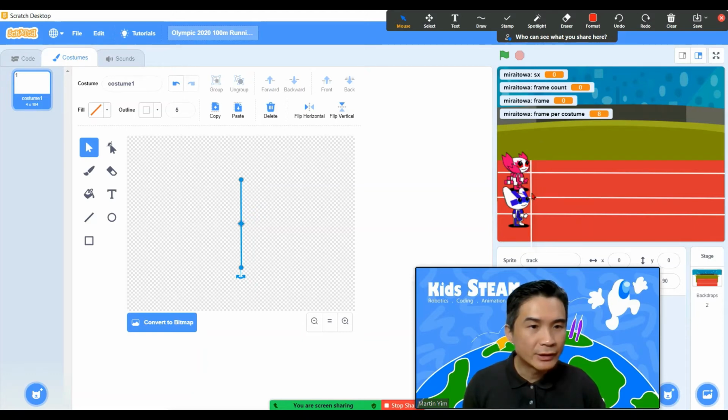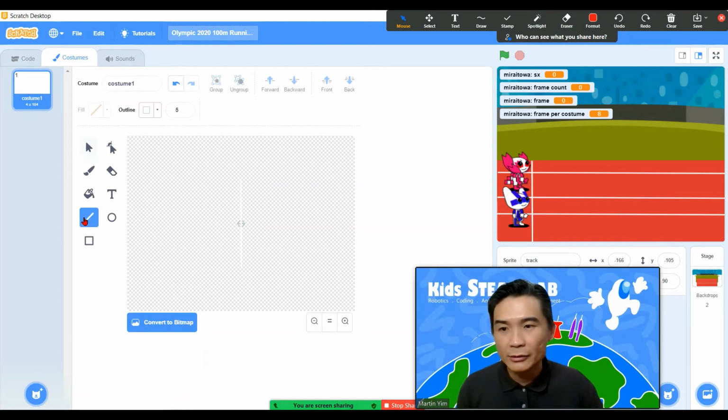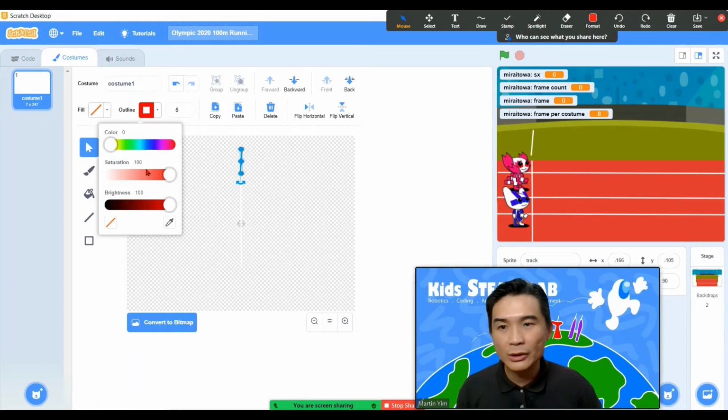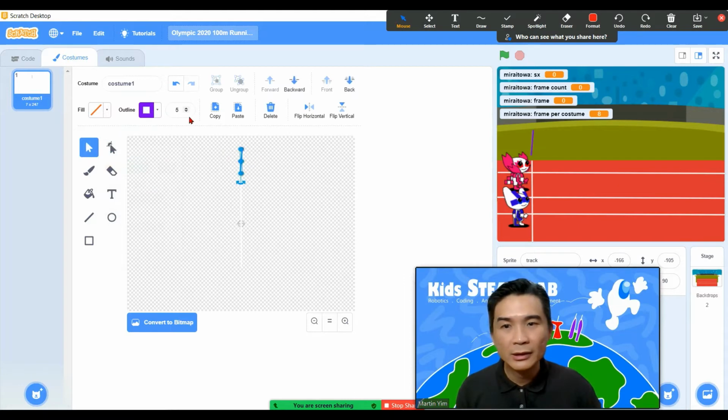Yes, this is the starting line for the game. Now you have the starting line already, right? Draw a line again, we make them flat here. So that we know this is a 10 meter. Change the color to another color, maybe is a blue color, and then we make it thicker like it,